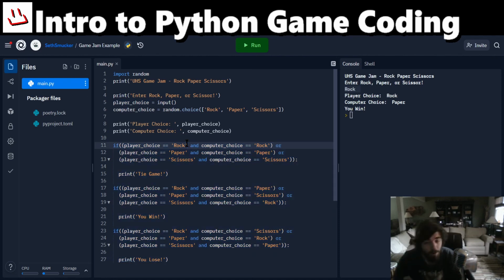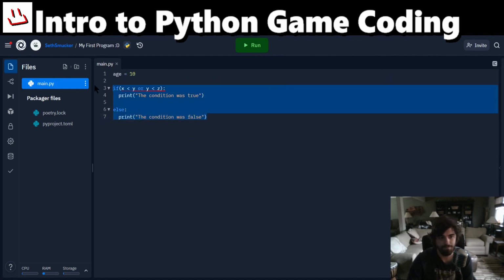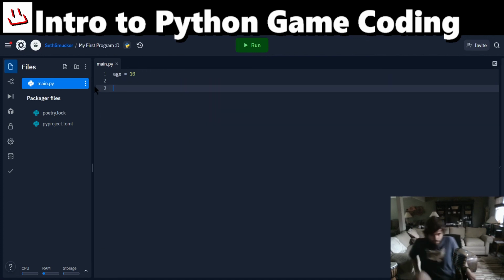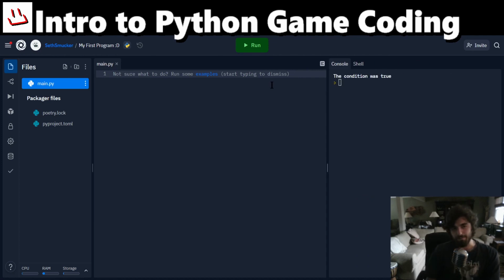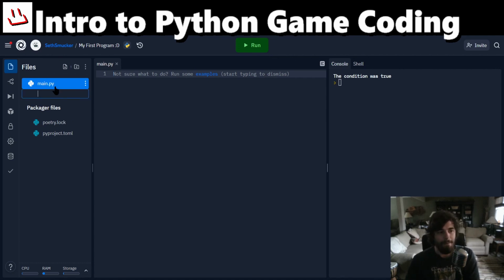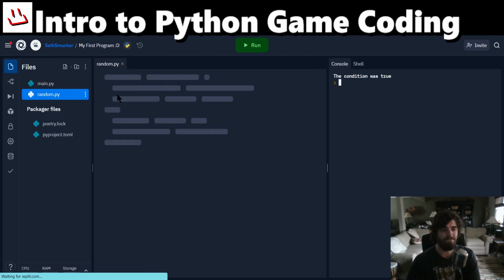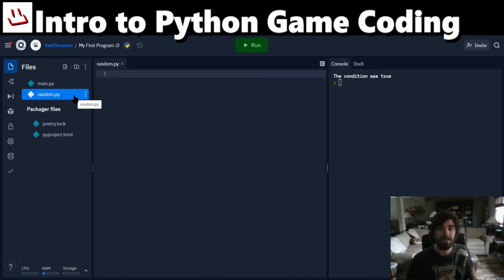Okay, now we're going to talk about random. Okay? Random's an interesting one. You can create numbers by typing them in. You can create numbers by sending them into the console, right? Or you can have the computer randomly generate a number. Okay? Now the thing is, random number generation doesn't come built into Python. Okay? Somebody actually made a file called random.python,